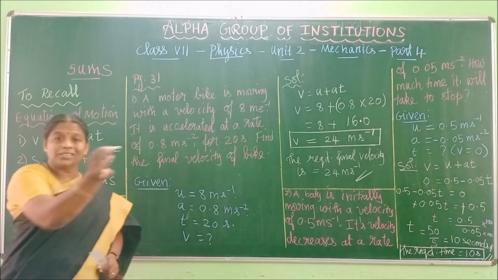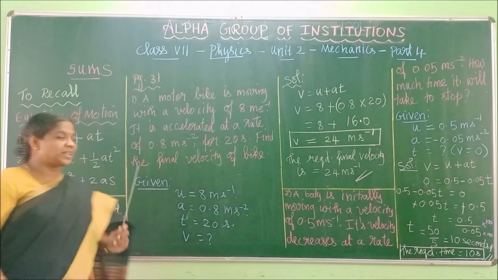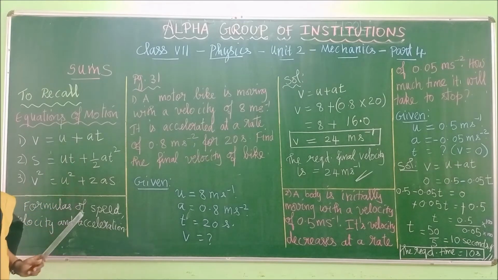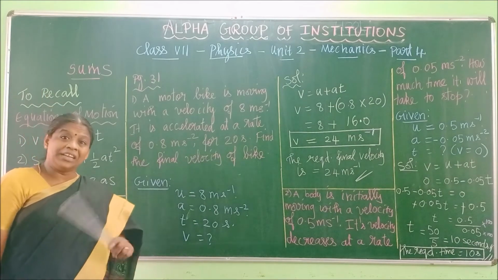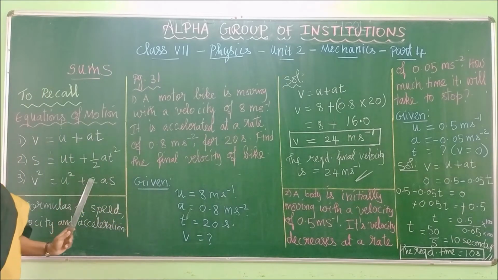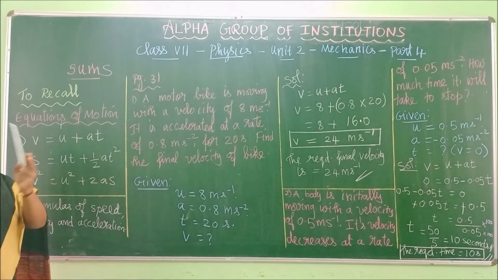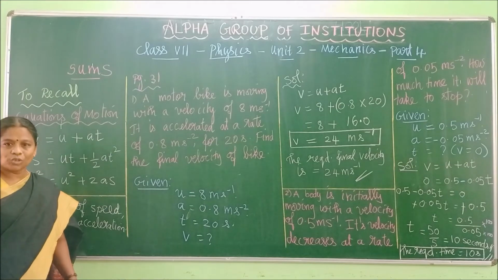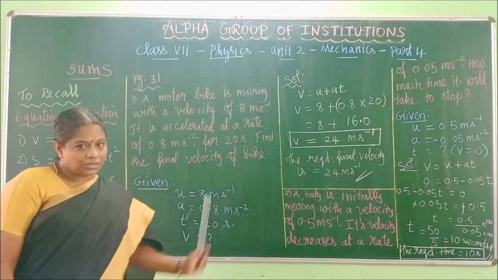And in continuation of these three, we have derived another set of equations where the objects will move like this or like this. If acceleration is increasing, plus at; if acceleration is decreasing, minus at will come. And if it moves against the gravity, minus gt will come, and if it goes towards the gravity, plus gt will come. Those four sets of equations we have learned. Turn back the pages of your classwork and revise those equations and then come to these sums.